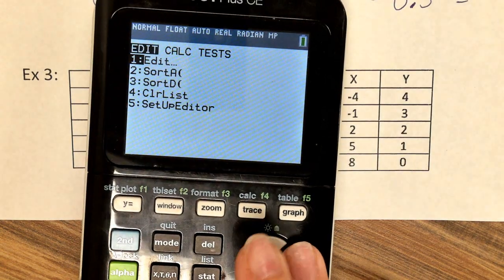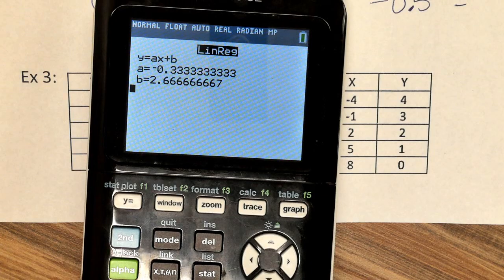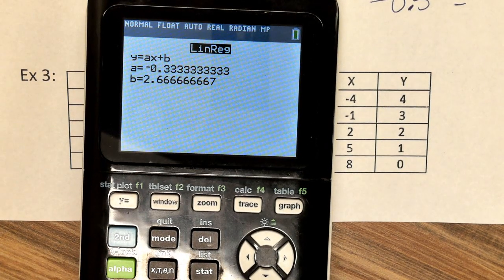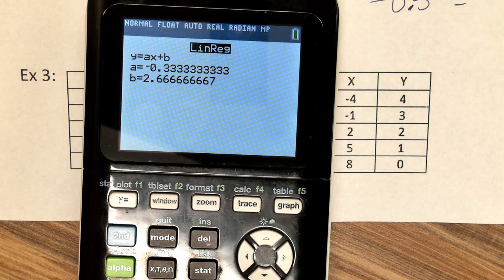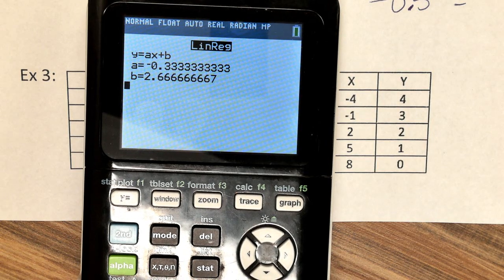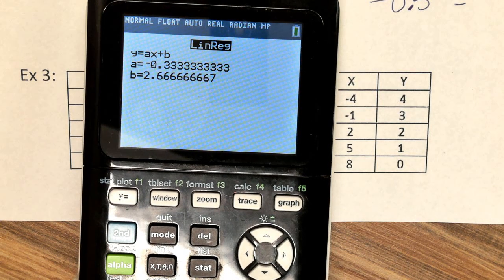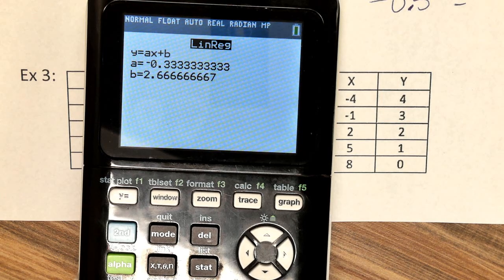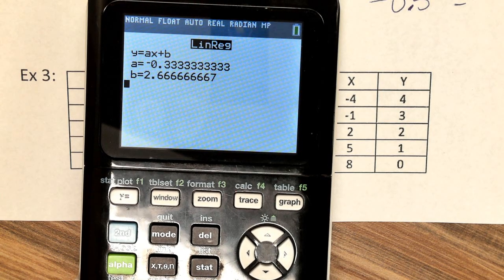Now I go to Stat Calc, option 4. And what is my slope? Do y'all know what this is as a fraction? What is 0.3 repeating? Y'all should have this memorized. 1/3. So it is